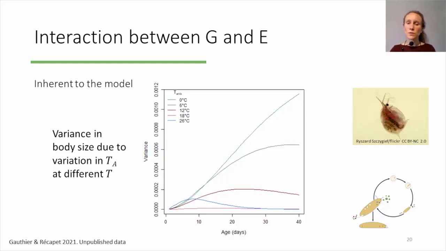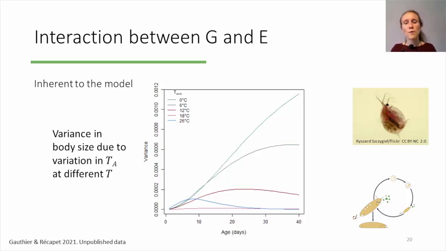And we see that the responses of the different genotypes are not the same. For example, there is little variation between genotypes, so the variance is close to zero, when we are close to the reference temperature. Because if you remember well, the Arrhenius corrector is null, so it doesn't change anything compared to the reference parameters when we are close to the reference temperature,